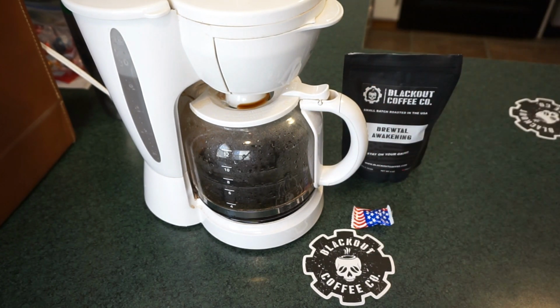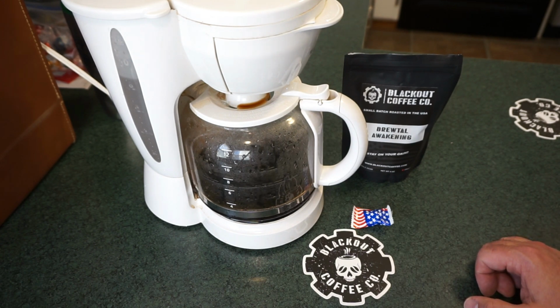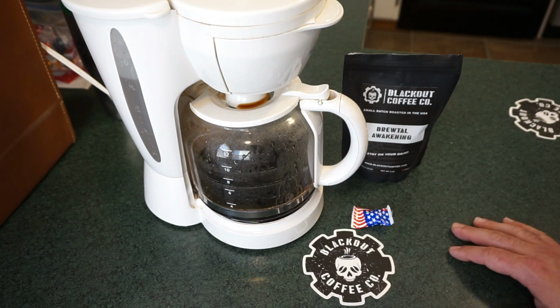The aroma, while it's brewing, it just feels kind of like a medium to dark roast. Almost maybe like there's some notes of Colombian coffee in there. Again, we're going to see what it's like as soon as it's done. We're going to let this brew all the way through. We're going to do a full pot. I'm going to limit myself to 1 cup,